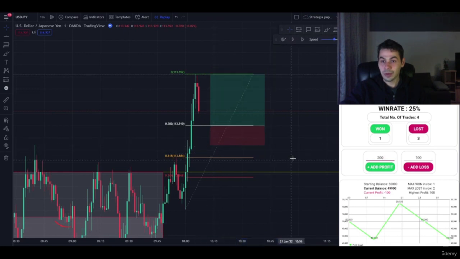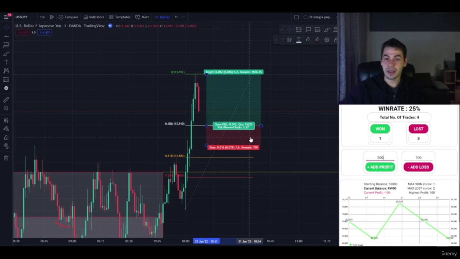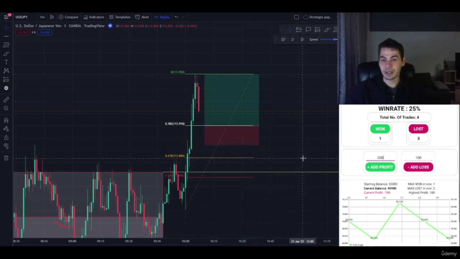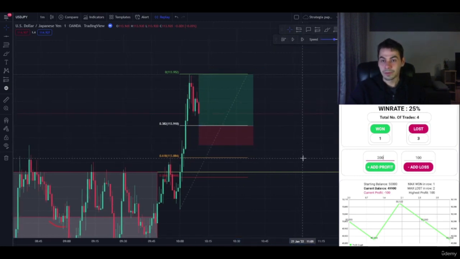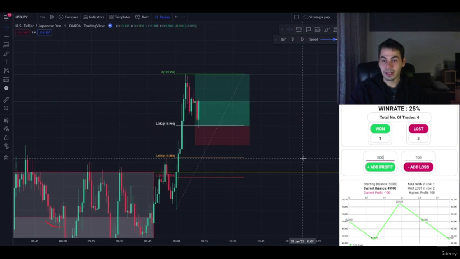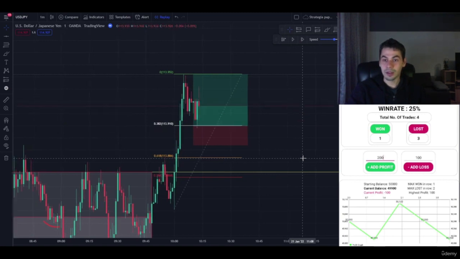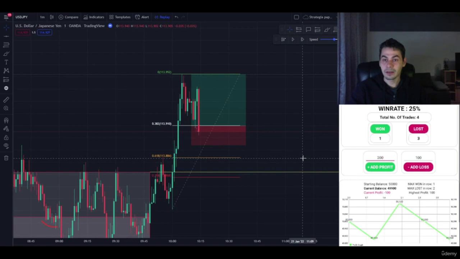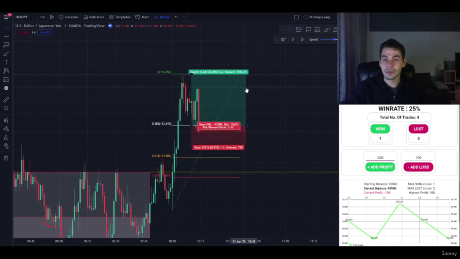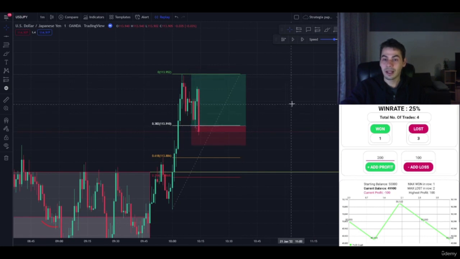Stop loss should be somewhere around here, and this is the first entry that we will be placing as a pending order. Targeting again the top of the fib, given that this move was quite impulsive to the upside. And as you can see, again, the price went close to taking our take profit, but now it shut down,